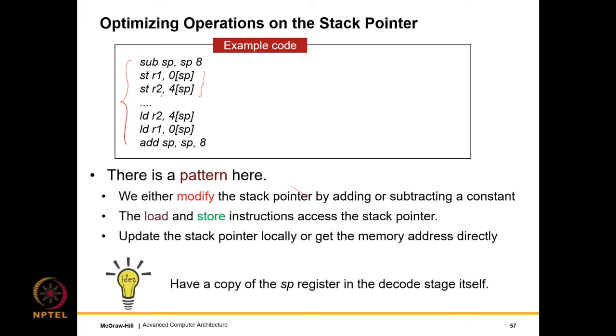Then we might be doing hundreds of things, calling functions. Those functions might be calling other functions. It doesn't matter. We are then restoring the registers, and finally in this line we are deleting the stack frame. All right, so we are deleting the activation block. Whatever space was created is being deleted. So this, if you see, is a rather common pattern. Another pattern, if you see, is that we either modify the stack pointer by adding or subtracting a constant, right? So this is the first pattern.